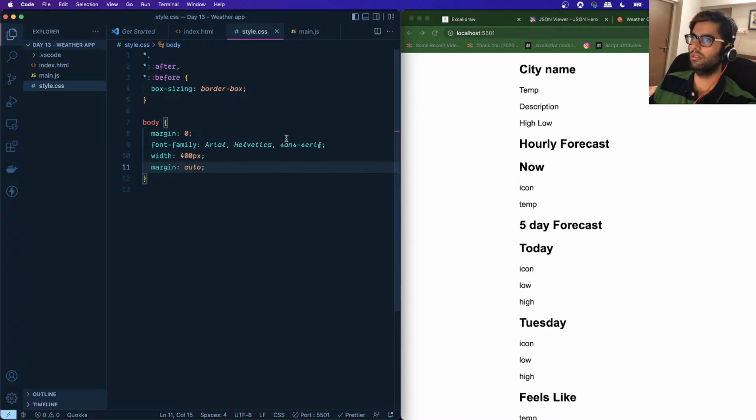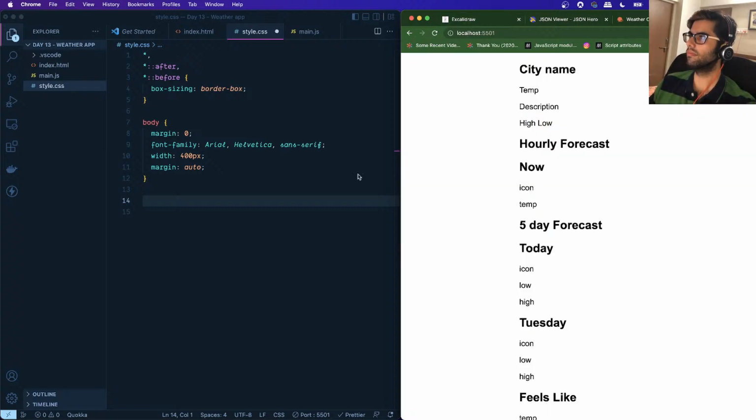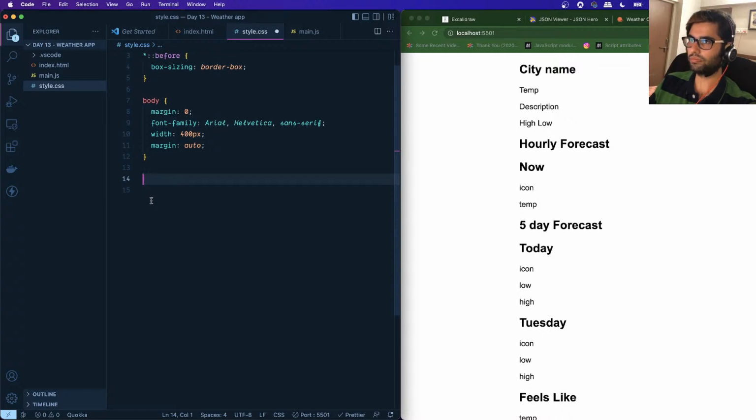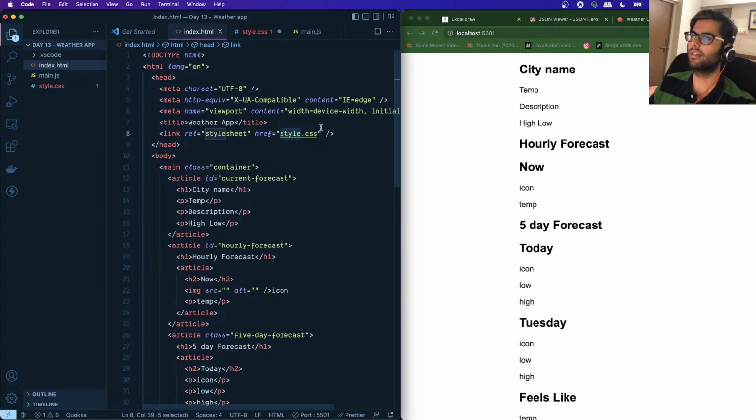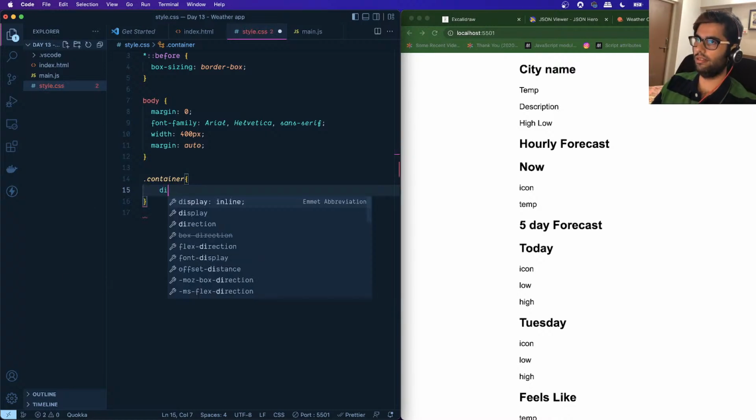Okay. And now let's start styling each of these individual sections so they start looking somewhat like this. All right. So first of all, we have this container, right? Let's create a grid, and we'll define areas within the grid for each of these sections using grid template areas. So let's say display